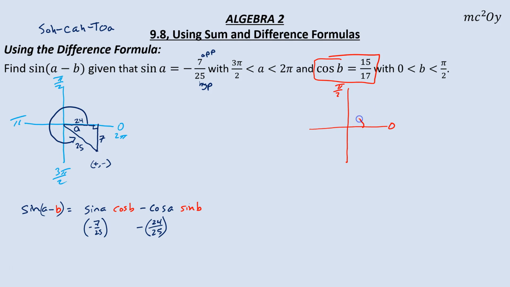B units, that means somewhere in here. So this is B. Remember, this is a positive coordinate plane, so both sine and cosine are positive. Okay? Well, that would mean I could figure out